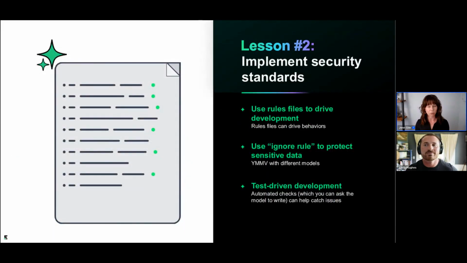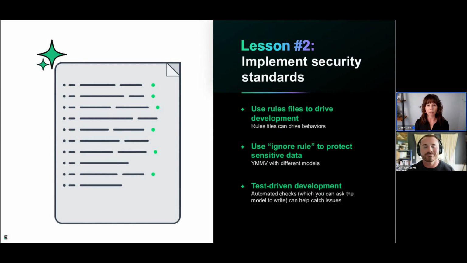So we talked about starting with secure prompts. The next layer of security on top of that is to get a little bit more organizational in your approach to security standards. There are a couple of different ways you can do this. One is the concept of rules, which I'll show you what a rule looks like shortly. You can use rules in these AI code assistants to codify the types of behaviors that you want to see. So for example, if you have a way that you want to handle authorization, you can codify